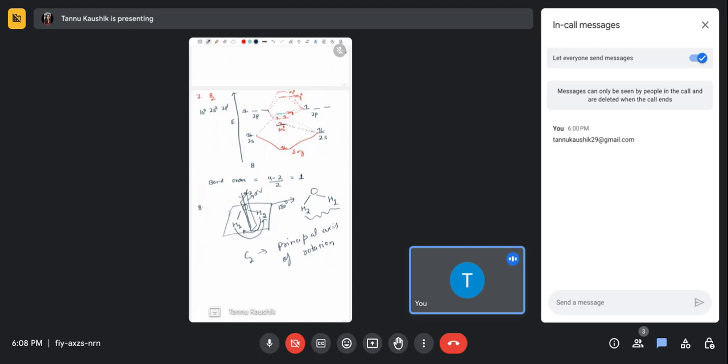C2 एक्सिस के परपेंडिकुलर आप एक प्लेन लोगे, उससे आपको इक्विवेलेंट कॉन्फ़िगरेशन मिलेगा। हाँ मिलेगा ना। कैसे? अपने मिडल में ऐसा प्लेन रखा हुआ है तो उसका रोटेशन में मिलेगा ना। अच्छा, एक सेकेंड, मैं आपको विजुअलाइज कराती हूँ।